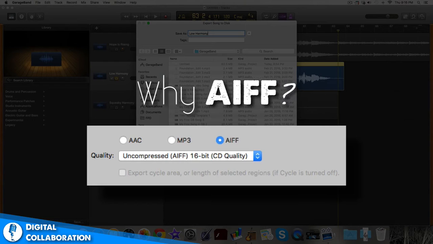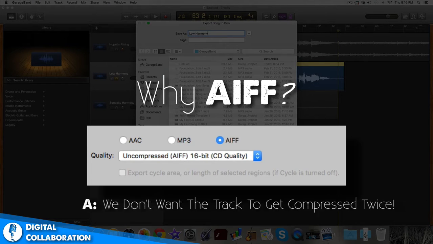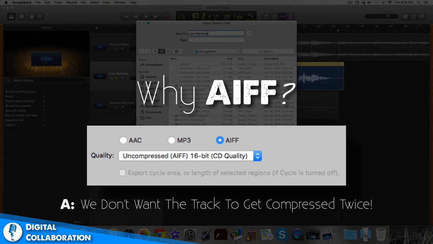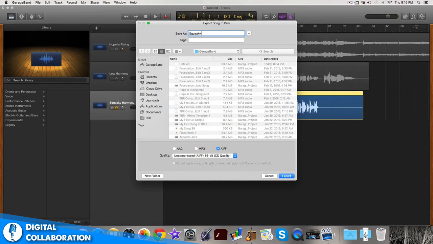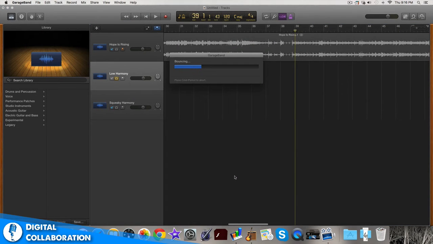The reason why we bounce it down as an AIFF is because when we bounce it down as an MP3, it compresses the file just slightly. And when we finish the project, we'll have it mastered and likely bounced down to an MP3 format for sharing or selling. So we don't want that background vocal to get compressed twice, or it might start to sound just a little funny. After exporting, she emailed each individual track to me, and now I was ready to import them